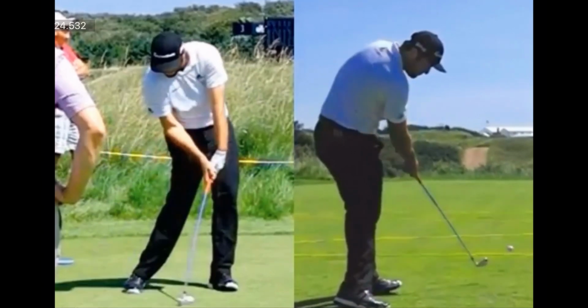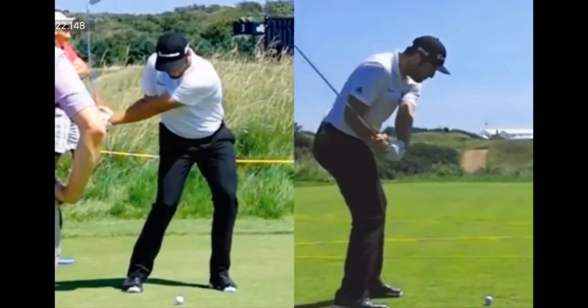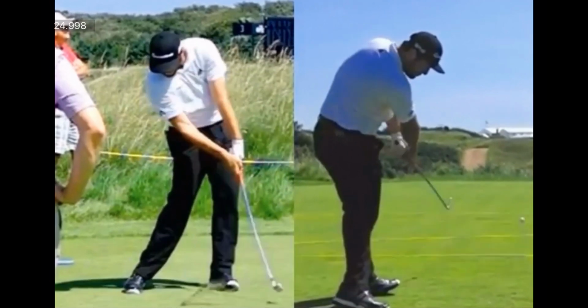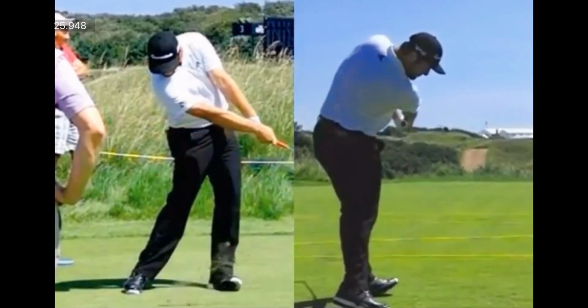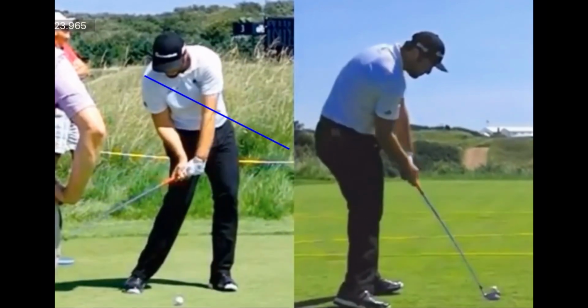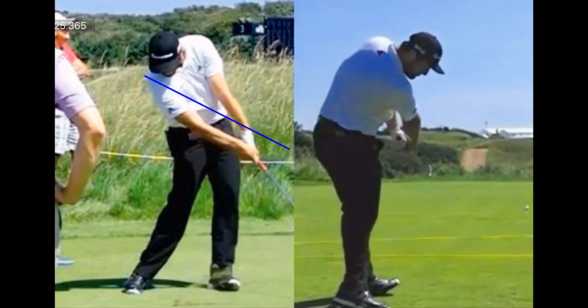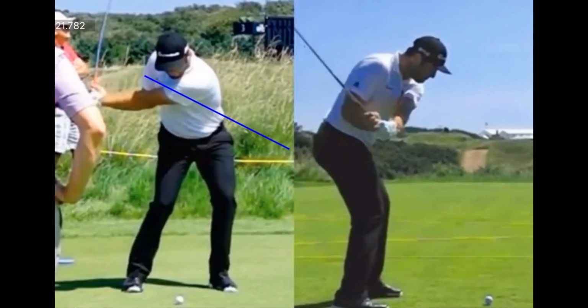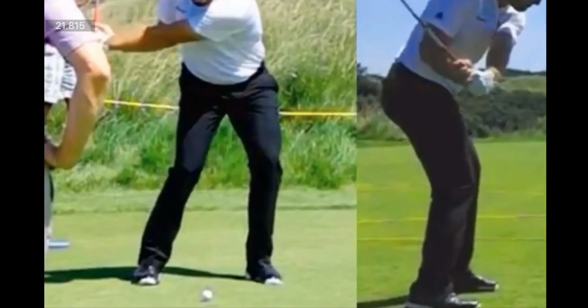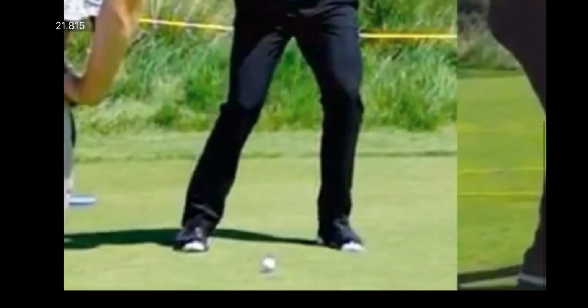So this has really been set up in motion by that right hip and right shoulder driving, and then the right arm begins to release. And you can see from face on, there's obviously some pretty serious right arm extension going on there, and that's what allows him to create this very shallow and very simple angle of attack with a very stable club face, which is what I want to focus on next. So let's take a look face on and watch as the club